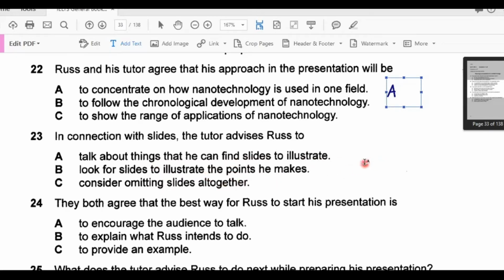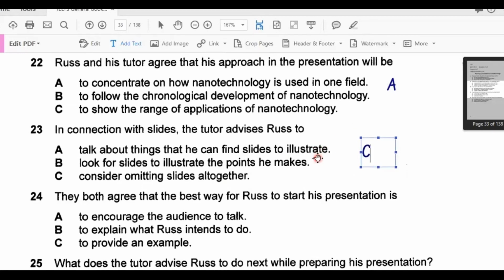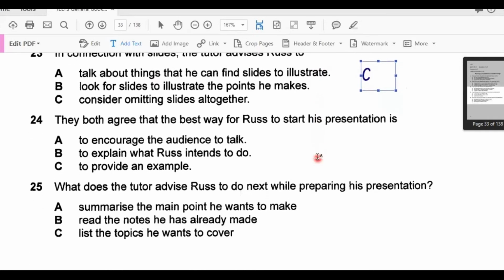I see. Another thing I was wondering about was how to start. I know presentations often begin with, first I'm going to talk about this, and then I'll talk about that. But I thought about asking the audience what they know about nanotechnology. That would be fine if you had an hour or two for the presentation, but you might find that you can't do anything with the answers you get, and it simply eats into the short time that's available. So maybe I should mention a particular way that nanotechnology is used to focus people's attention. That sounds sensible.